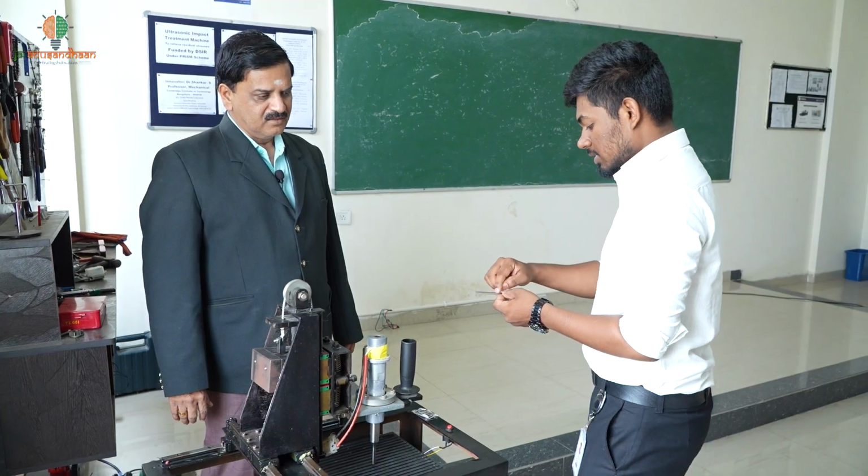So we wanted to bring in a new, innovative technology wherein we impart an ultrasonic impact on the material in such a way that the residual stresses get relieved substantially without damaging the material or altering its characteristics. Of course, there are various methods by which the stresses could be relieved. One is mechanical peening, and even heat treatment processes are there, but that has an impact on the characteristics of the material also. Whereas in our technology, we impart a small